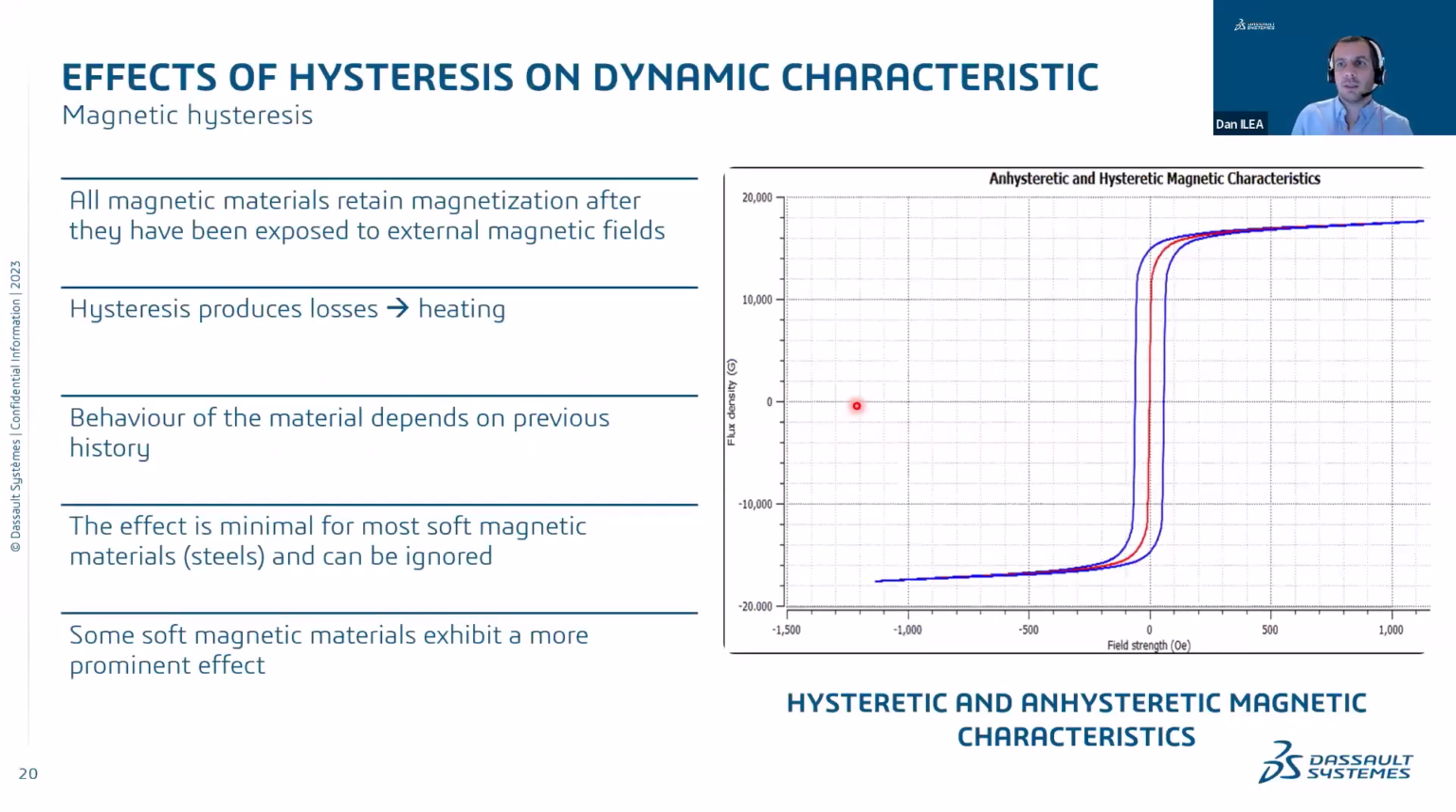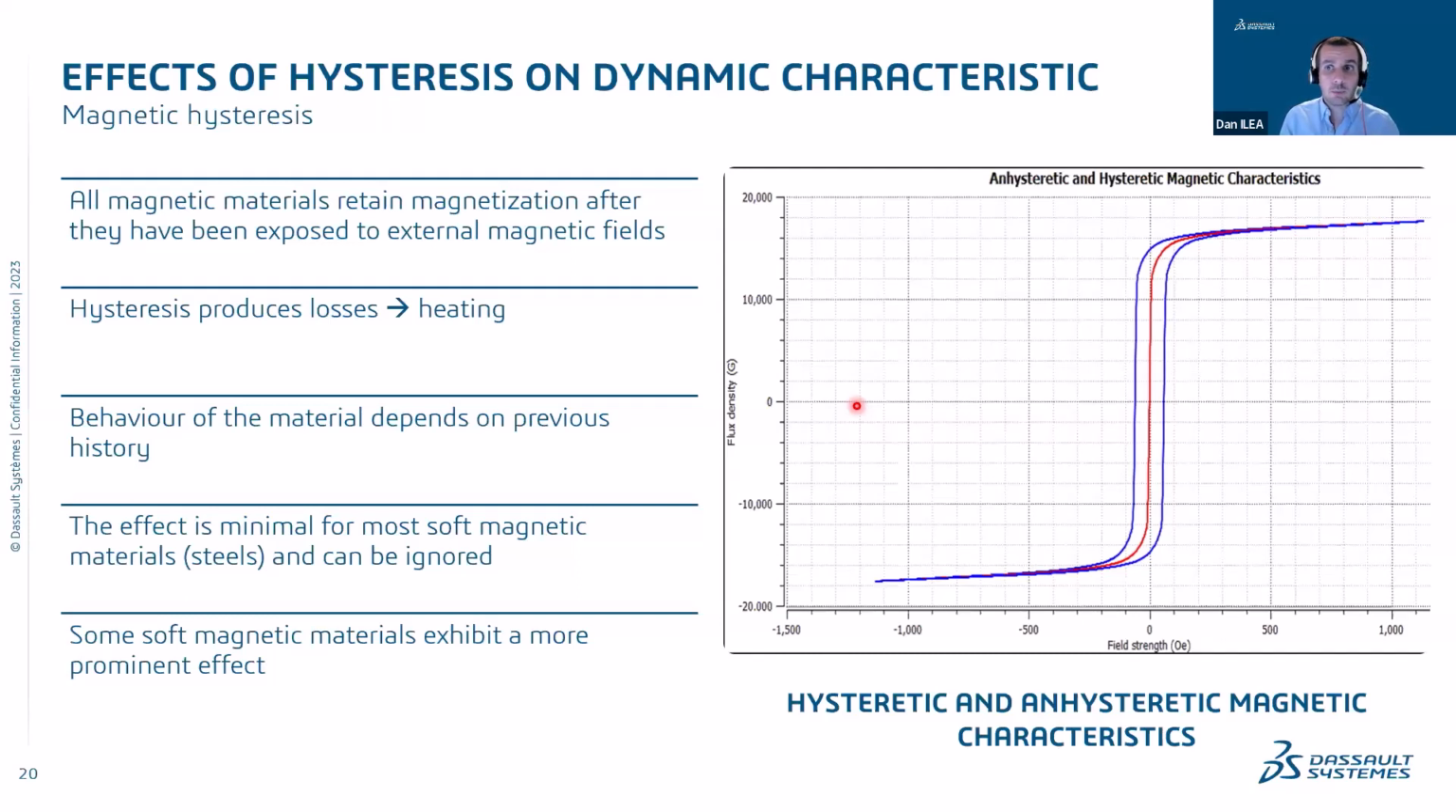So what is magnetic hysteresis for those of you who maybe are not that familiar? All magnetic materials retain some magnetization after they have been exposed to an external magnetic field. So this means if we have a piece of steel, we expose it to some external magnetic field, obviously you will have some field distribution, maybe even might get saturated. But once we remove that external field, the material itself does retain some magnetization. Usually it's very small. It can be negligible